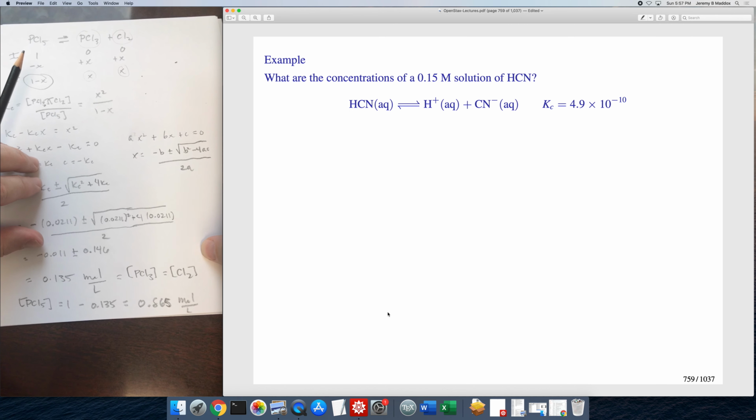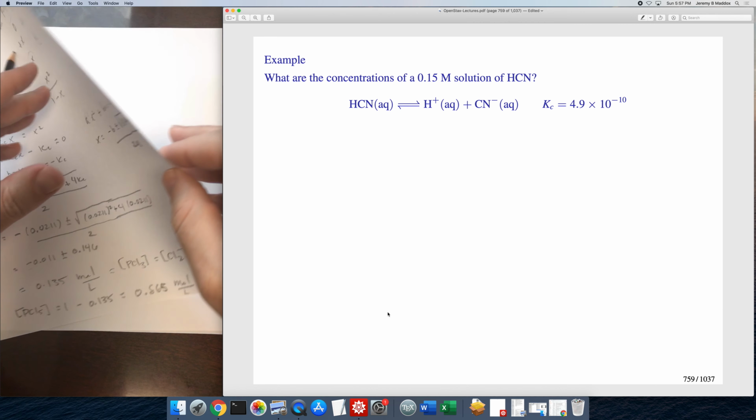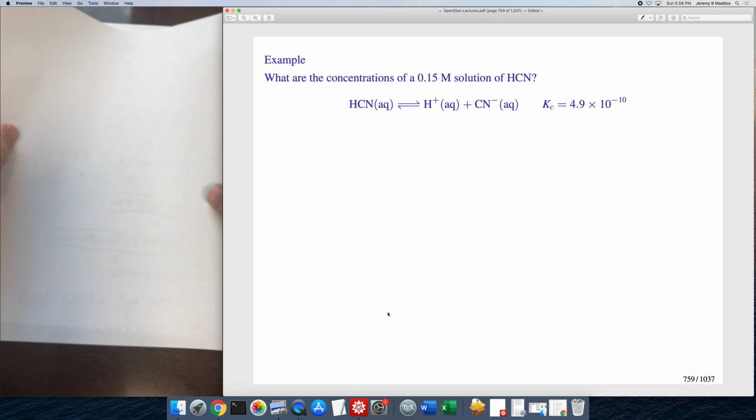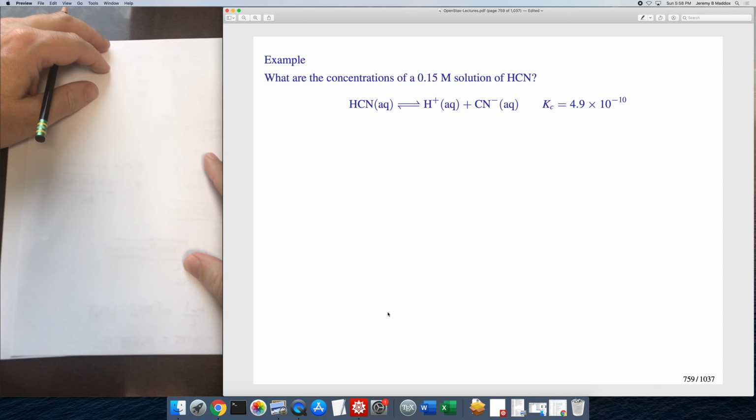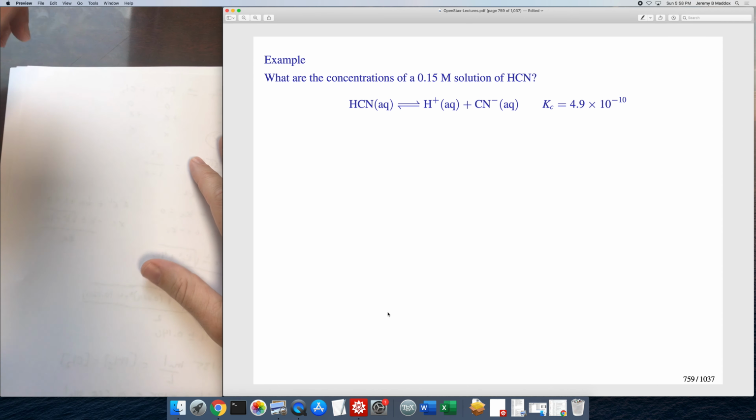Let's see. All right. Well, the next couple of problems highlight some problems that we're going to be studying down the line. So what this problem is doing is it's a prelude to the acid-base chapter, which is the next chapter in the course. I'm going to go ahead and work this problem since it's an ice table and we can practice it. And I'll show you one of the tricks that we often get to use for acid-base